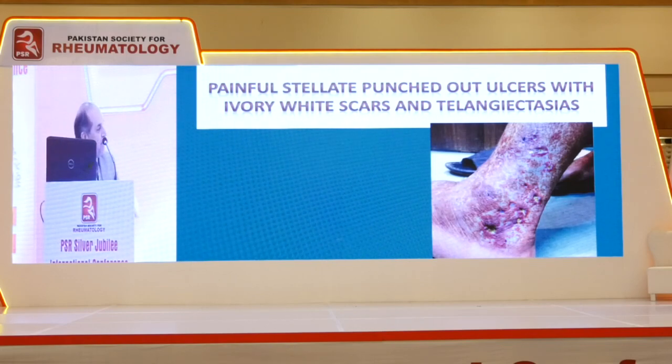Now this type of disease is also a common presentation that we see in OPDs, and also I think rheumatologists will be seeing these things, where there are painful stellate punched out ulcers with ivory-white scars and telangiectatic areas. So this is atrophie blanche,